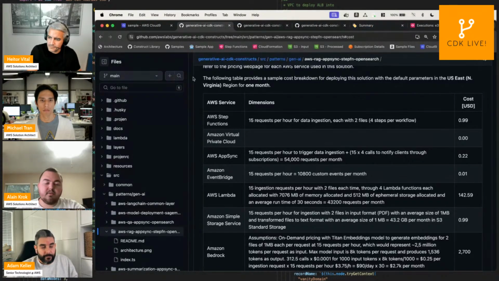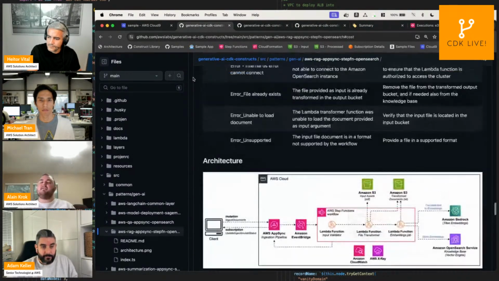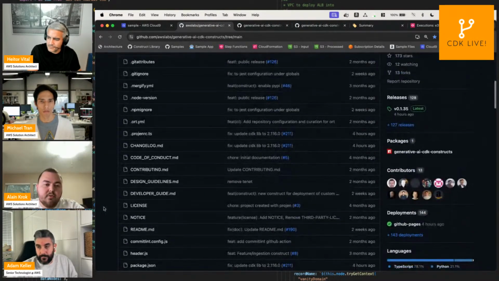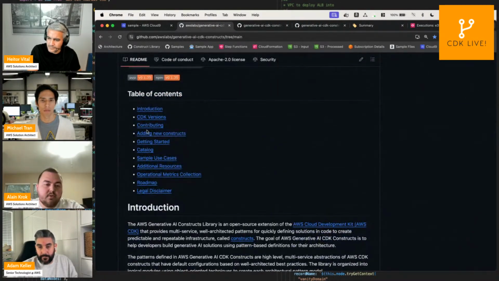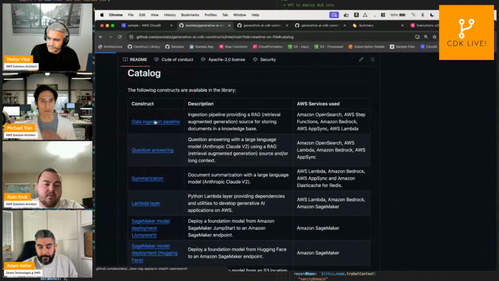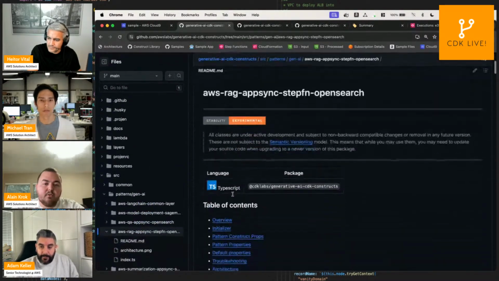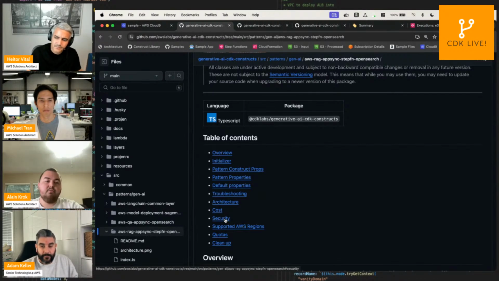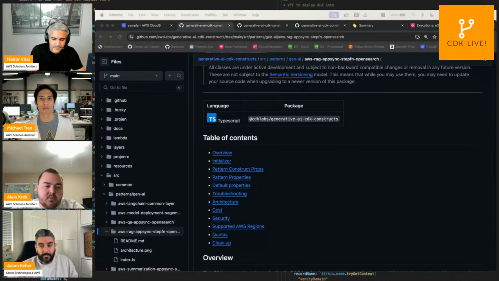For each construct, we provide some additional details on things you can pay attention to, listing the different services that are used, to get the best practices in terms of security. And also if we take, for instance, the Q&A or the RAG, make sure that any document that you ingest, you validate them to make sure that they're not harmful and they comply with your specific company policy.